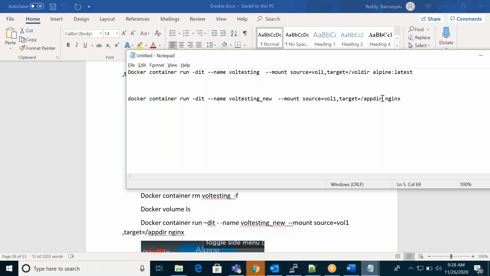My mount point is different, you can see I gave a different one here. Whatever image you want, you can take it, that's up to you. Just for demo purposes, simple. Here, the same volume I am going to mount into a different container, my new container.